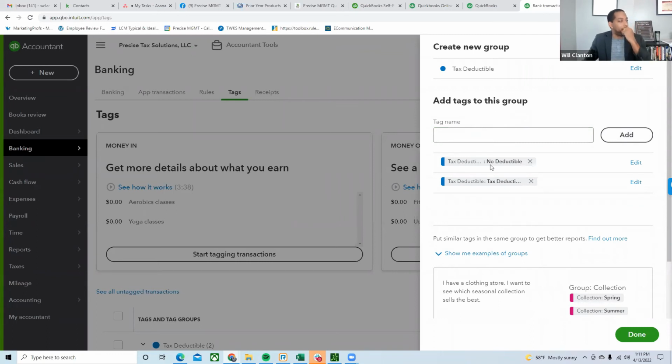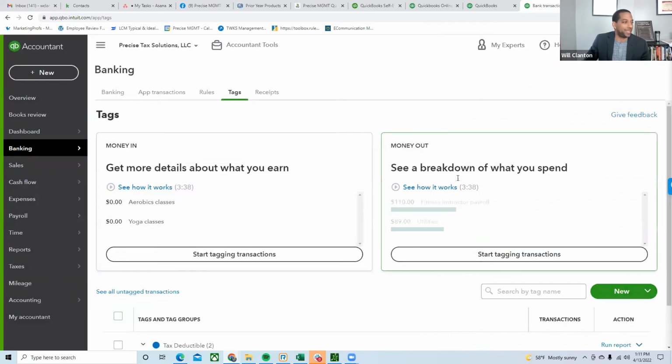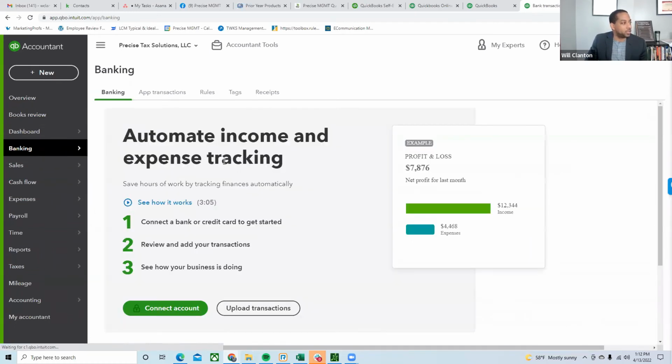Okay, so basically what I did, I created a group and I created 2 tags underneath. What this gives me the ability to do is post whether this is a deductible expense or a not deductible expense. So now when I go to post my transactions into QuickBooks, I can segment this information to see it. So if I go up to banking and I go to my banking screen,